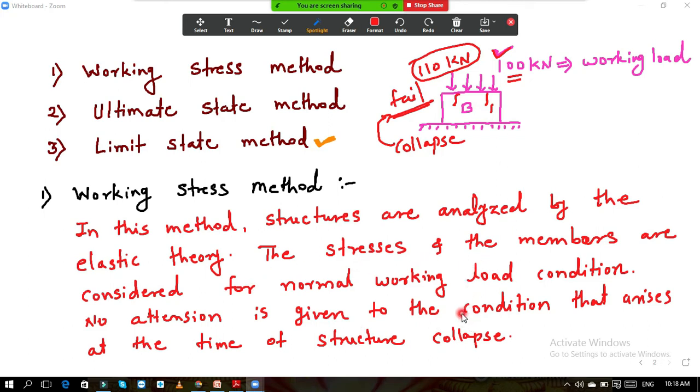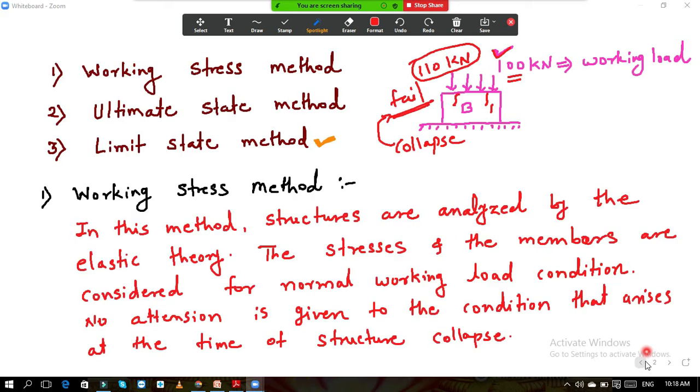Just for your understanding, there are a lot of things in the working stress method, but I have given you some background of it. Now after this working stress method, our second method is the ultimate load method or ultimate stress method, or ultimate state method. So this method is also known as